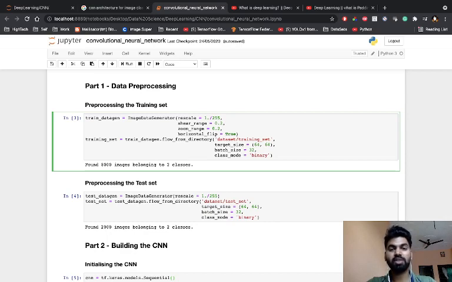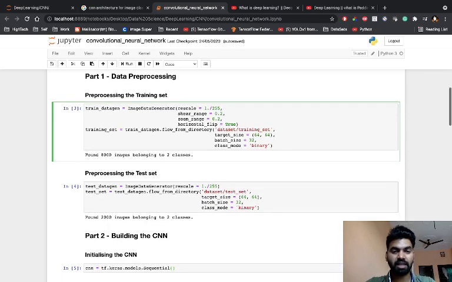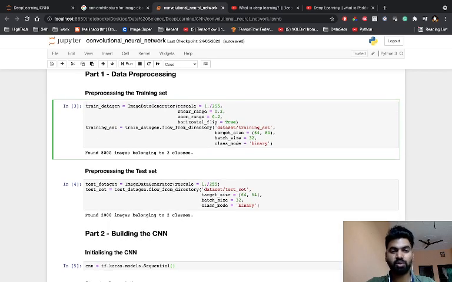Suppose we have deployed our model to the production environment. At that time we don't have the capability to transform the images. It's similar to using the fit_transform method on the training phase, but in the testing phase we use only the transform method. After that I have passed this parameter. You can check it in the Keras library.